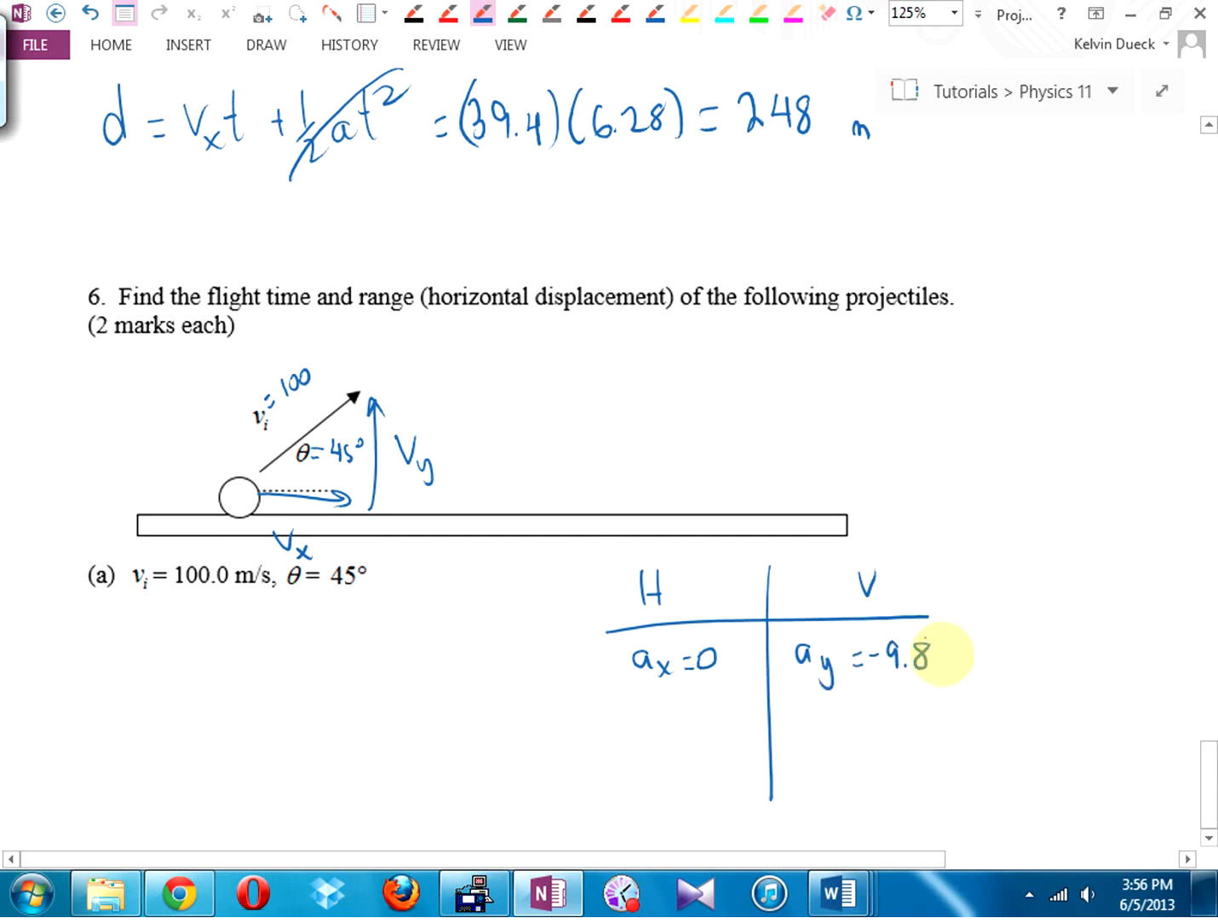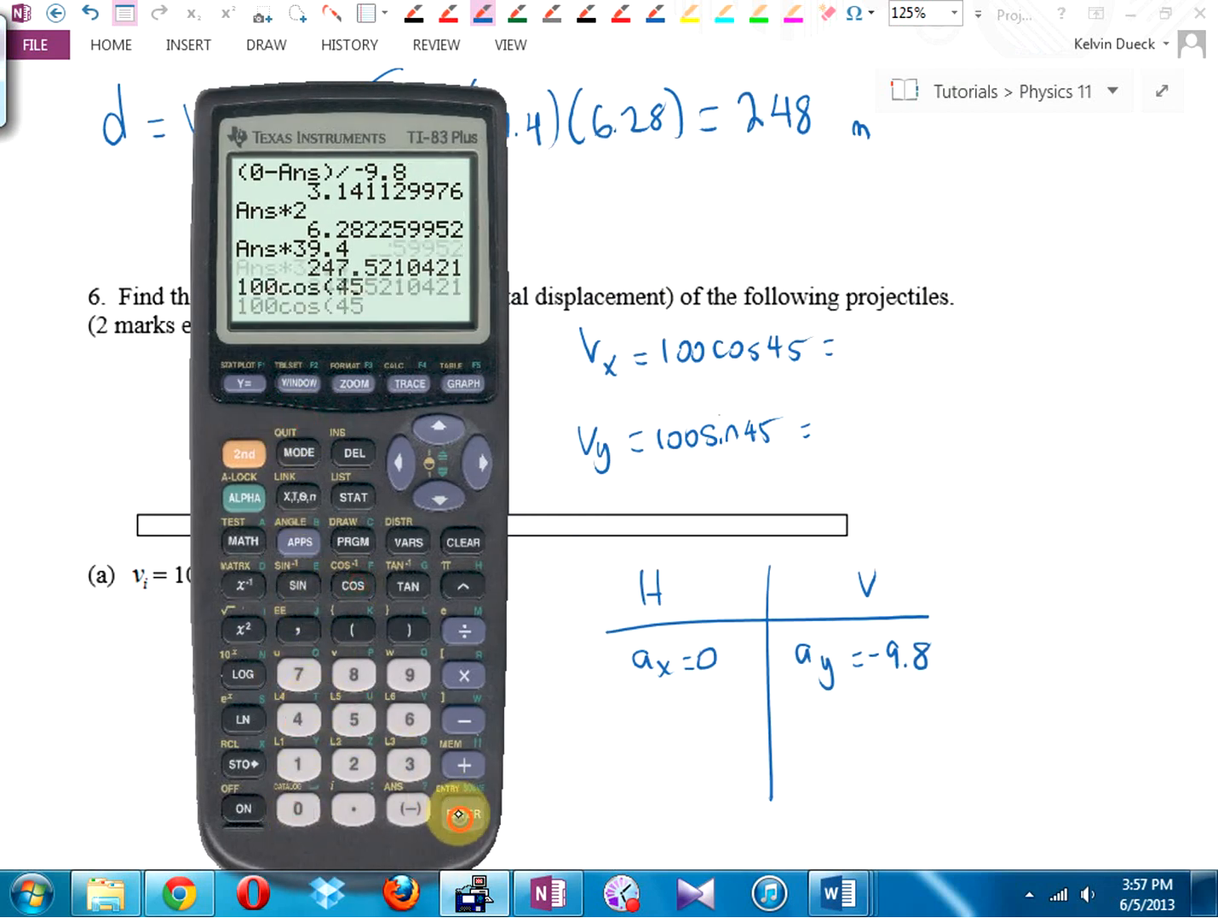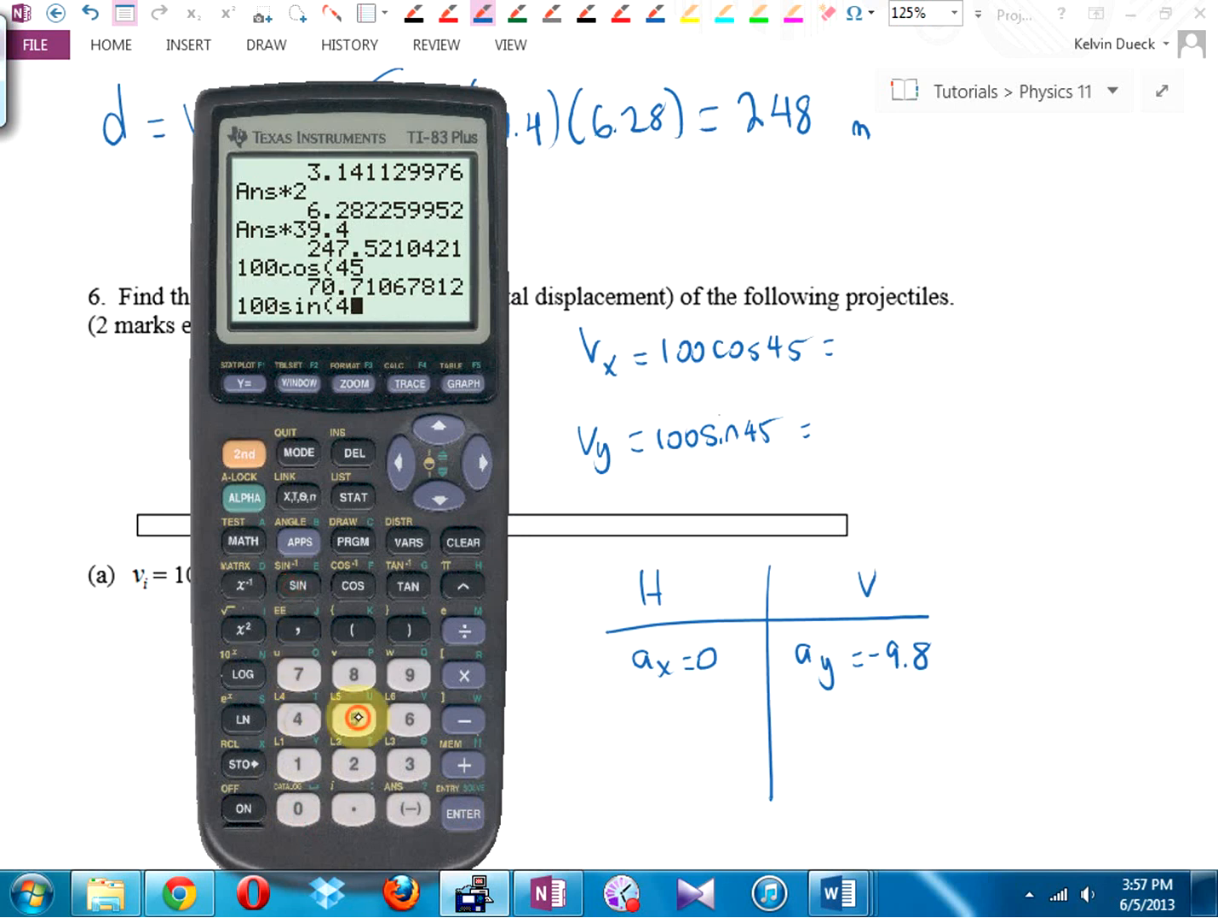Vx is going to be 100 cos 45. Vy is going to be 100 sine 45. Now, a 45-degree angle is exactly halfway to 90, so I think both these answers are going to be the same. If you draw a 45-degree angle, both side lengths of the triangle are equal, it's an isosceles triangle, if you want the fancy word. I'll double check that really quickly, but I'm pretty sure I'm going to go 100 cos 45, and if I go 100 sine 45, yeah,